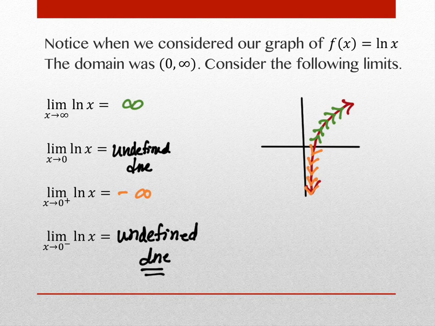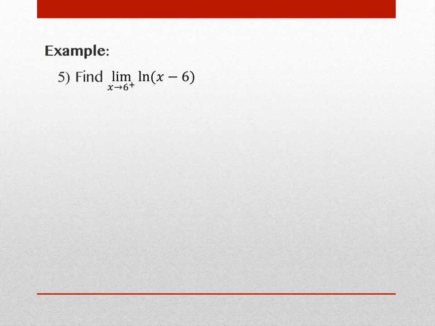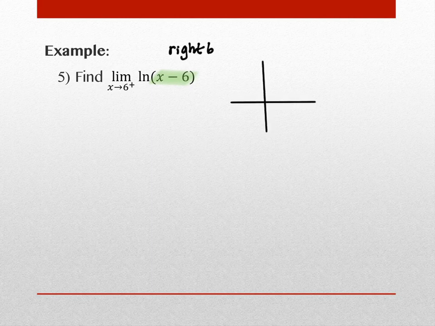So we can use these ideas and we can talk about what happens on a graph that's also been manipulated or shifted. When we take a look at this graph, we talked about this kind of shifting before. What does this graph tell you has happened? Not the graph. What does the equation tell you has happened to this graph? Yeah, so this one is shifted to the right 6. So roughly speaking, in terms of a graph, I would move this over 1, 2, 3, 4, 5, 6. That's actually my asymptote there. And the graph looks something like this,